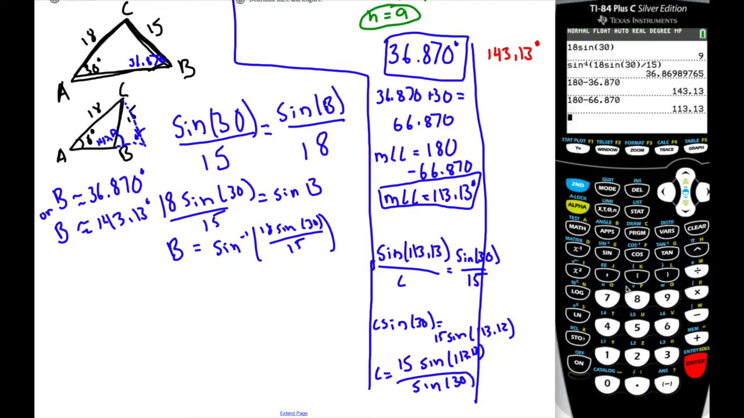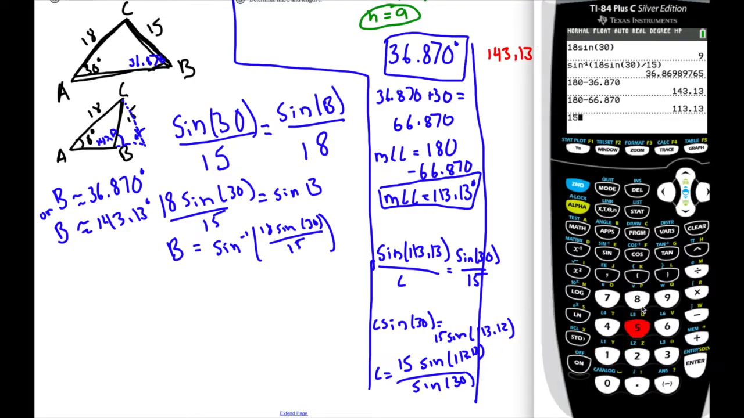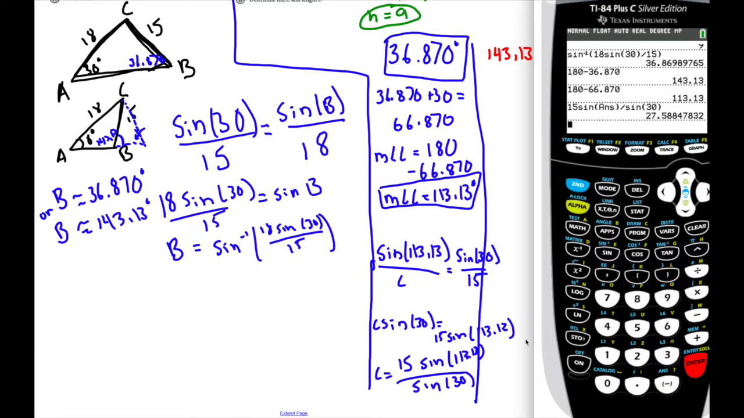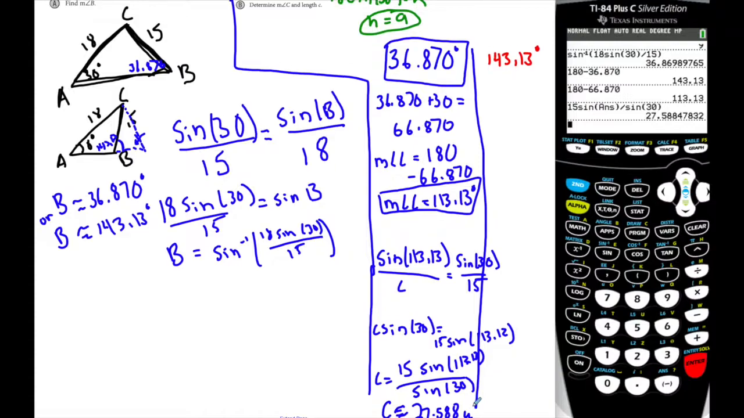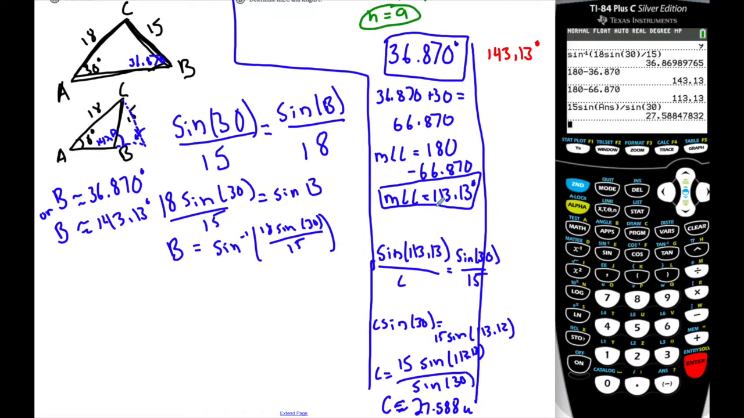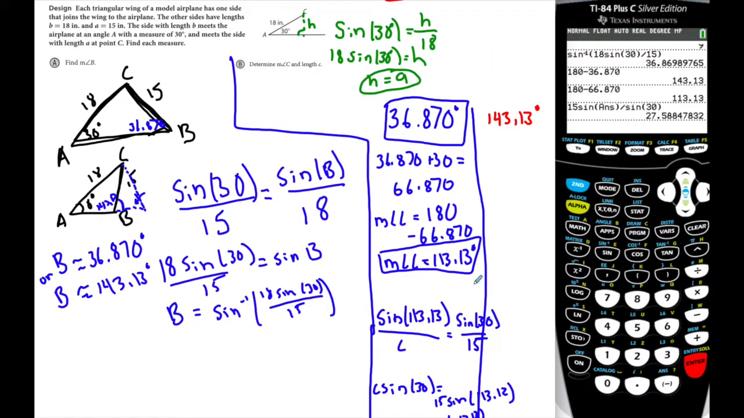So let's see what that looks like. I have 15 times the sine of 113.13 over sine of 30, which we know is a half. So essentially it's just doubling. And what I get is c equals about 27.588 units. Okay? And if we think about it, C would be the biggest angle, and it's across from the longest side. Does that make sense? Okay, now I'm going to do my last one, which is, what if it was